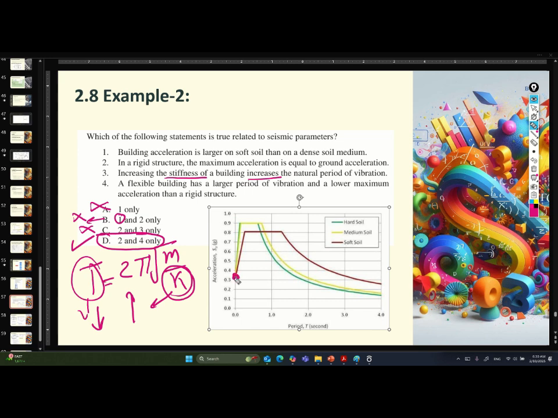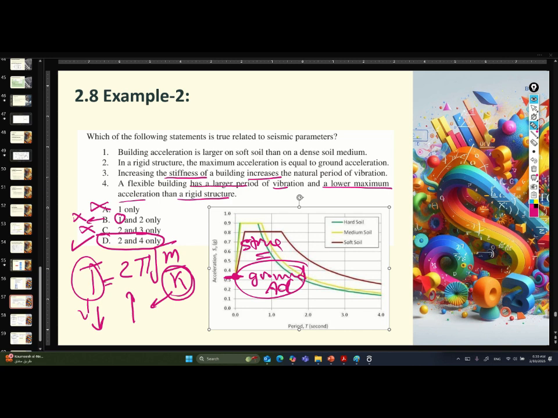Yes, this point, as I talked to you before, is the point where the ground acceleration is the ground acceleration. So if it is very rigid, the structure acceleration will be the same as the ground acceleration. Okay, for a flexible building has a larger period of vibration and a lower maximum acceleration than a rigid